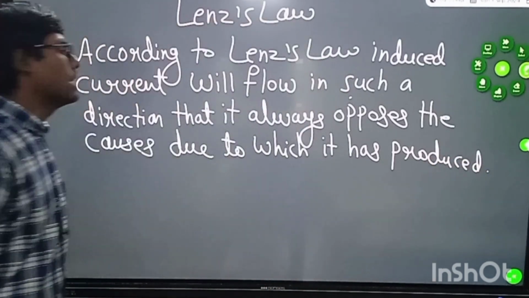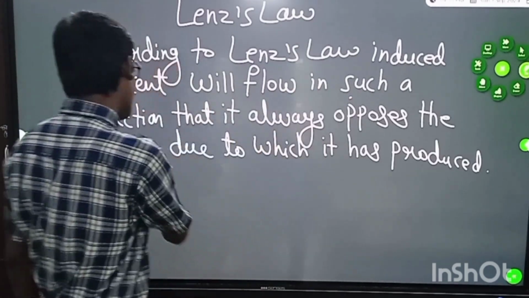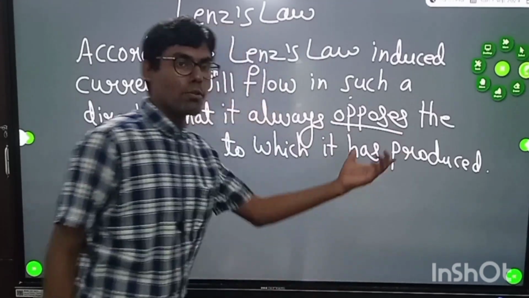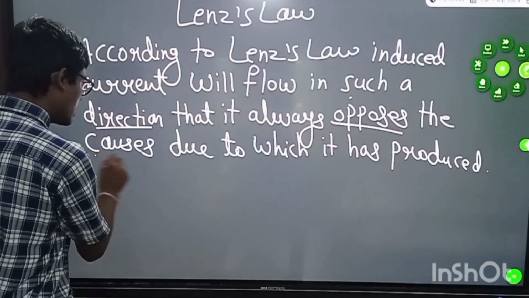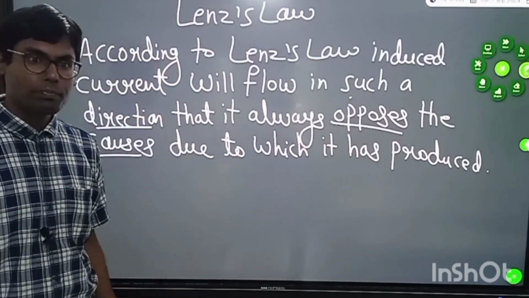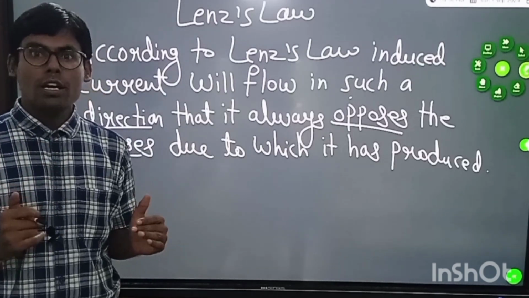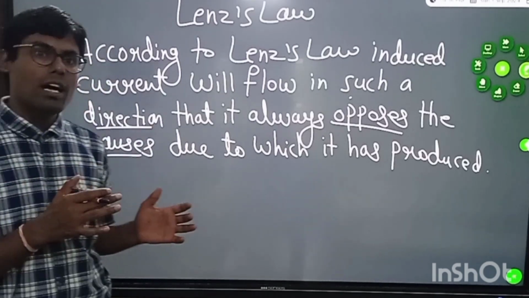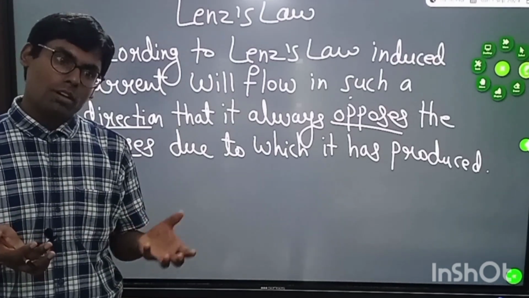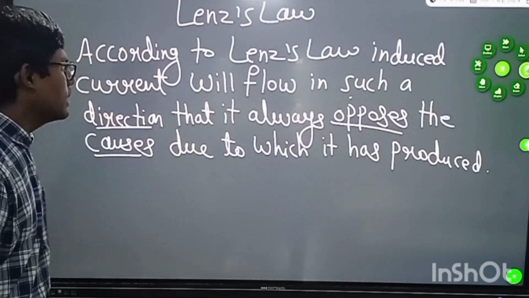Okay. So see, according to Lenz law, induced current will flow in such a direction that it always opposes the cause due to which it has been produced. Now, the cause may be anything. It may be due to an increasing or decreasing magnetic field. It may be due to increasing area, or due to changes in the angle between the area vector and the magnetic field. Okay, so see,